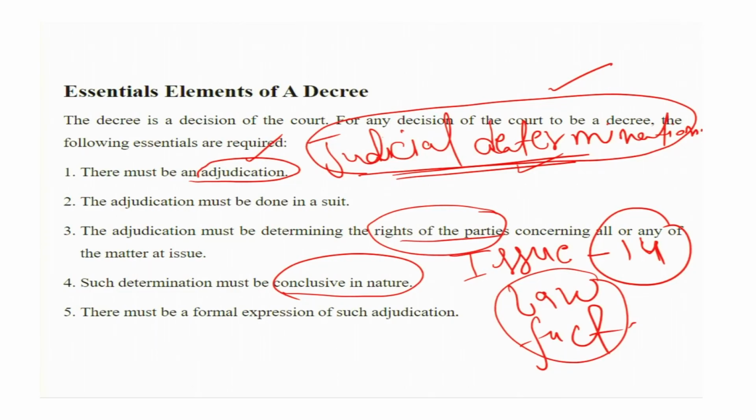But if there is an issue of law, then the court would decide issues of law first. Issues of law, for example, jurisdiction related issues. This is an issue of law. You have to find out the difference between issues of law and issues of fact. Jurisdiction related issues: whether the court has jurisdiction or not. The court cannot proceed further without knowing whether it has jurisdiction or not. Jurisdiction means authority to decide.